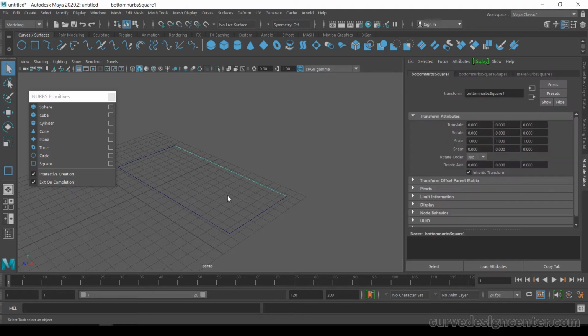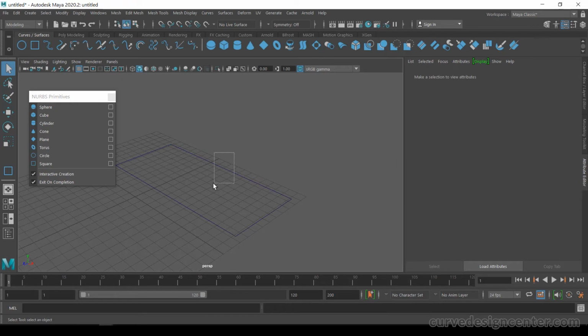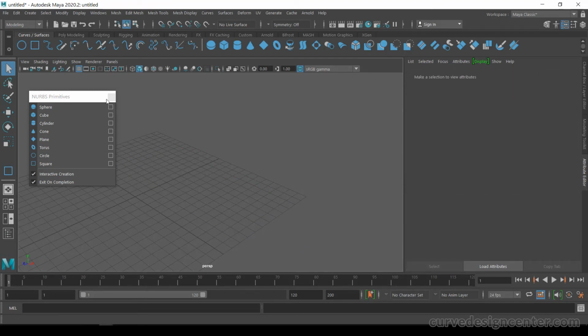Okay, first deselect and then select again. So there are options related to width, length. Cubic, and there is no need to change it because a square is a linear shape. Select again and hit the delete button.